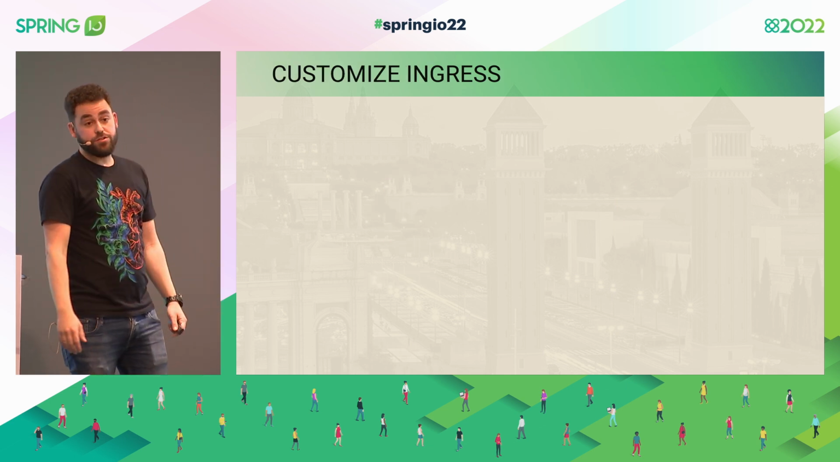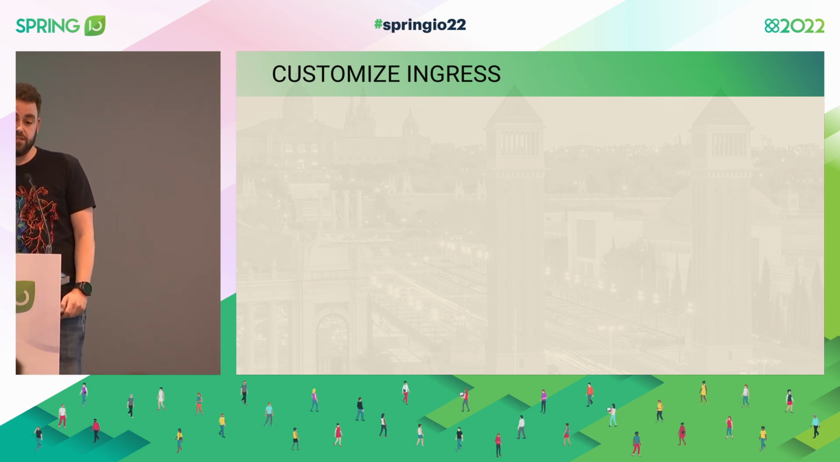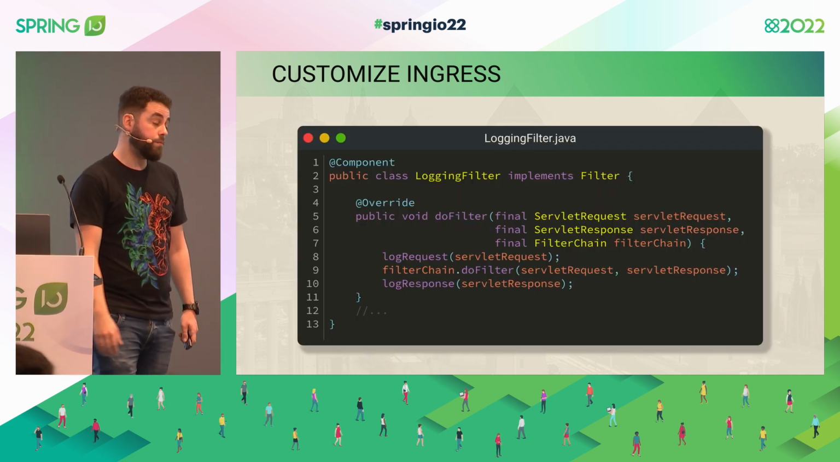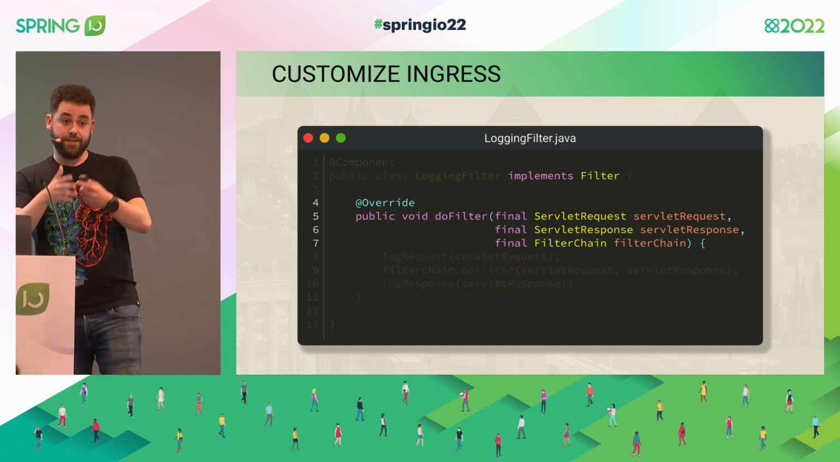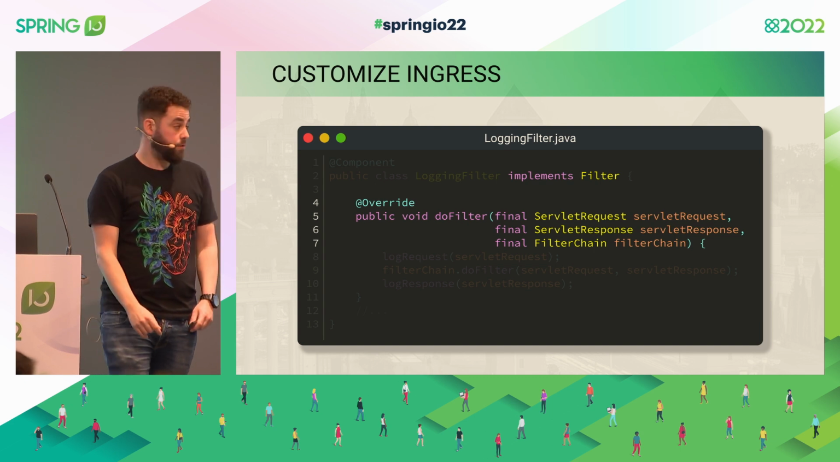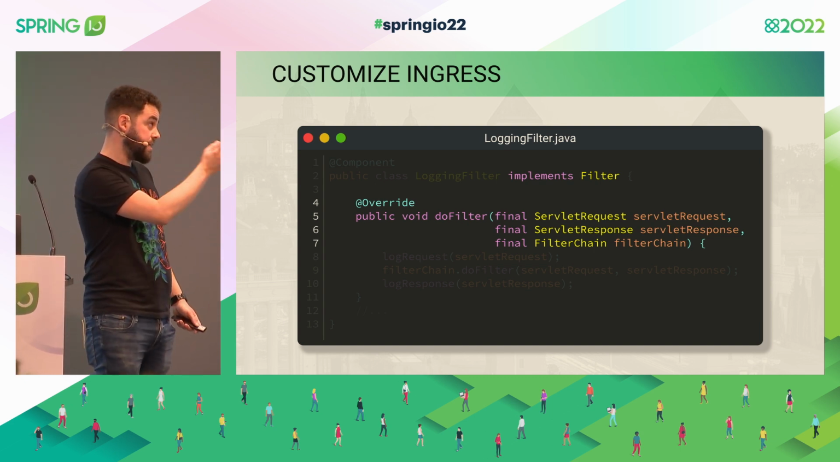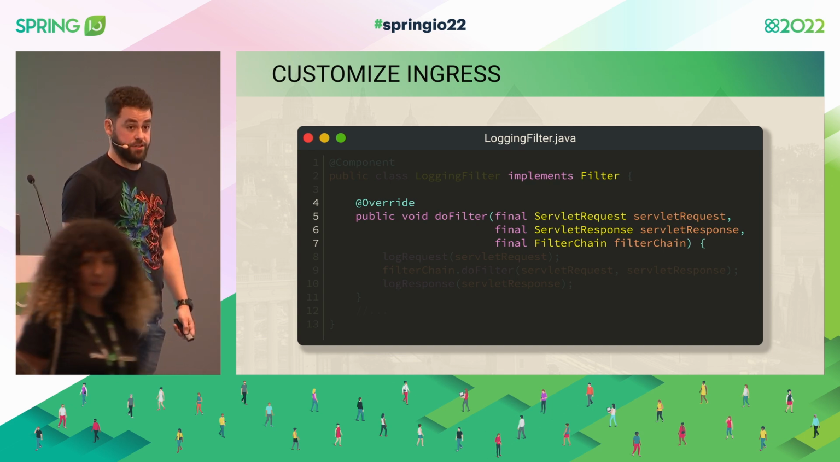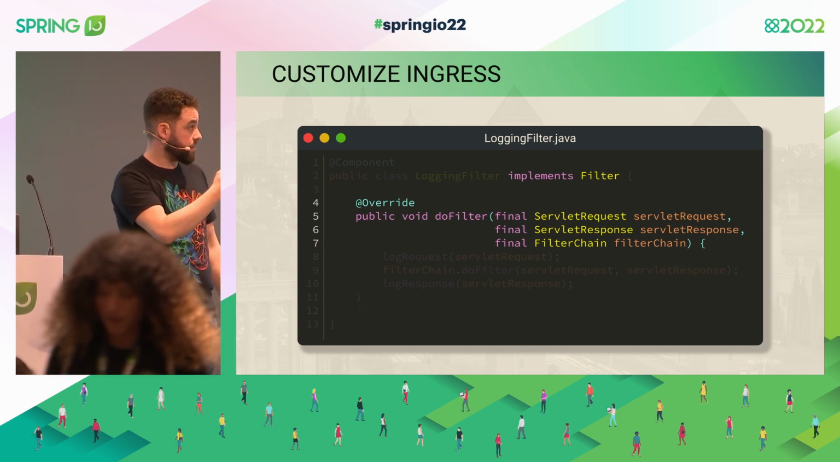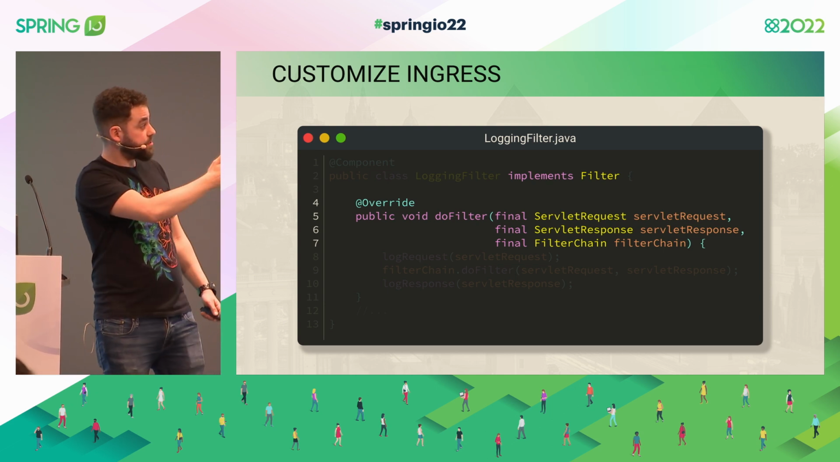So OK, how can we customize ingress? Customizing ingress is very simple. We can just provide a component that implements the Filter interface. This is going to be a filter in a servlet application, and we'll have access to the request, the response placeholder before executing the code, and then the filter chain to just carry on calling different filters, and ultimately